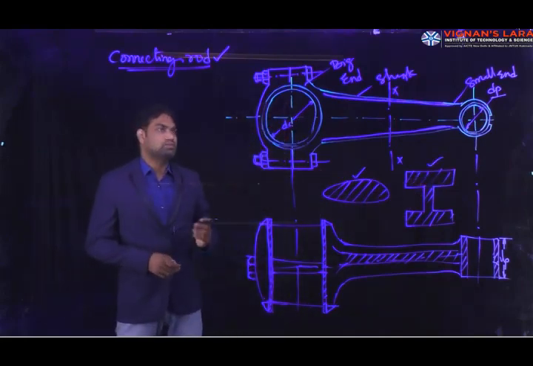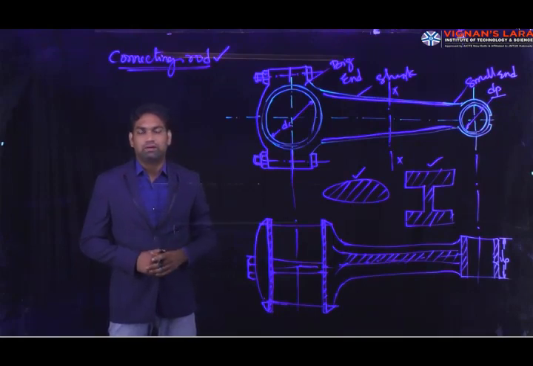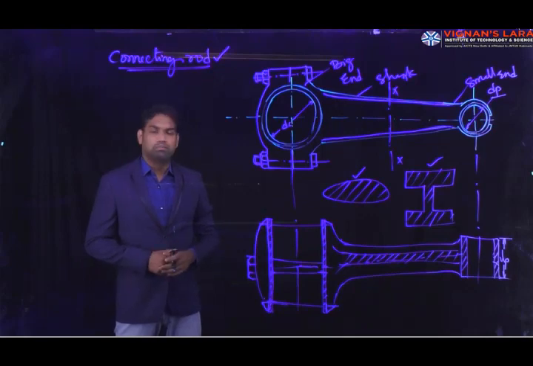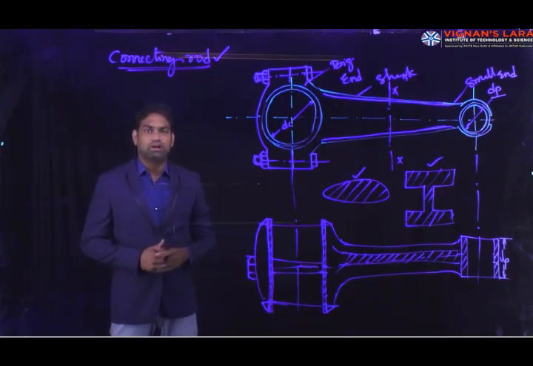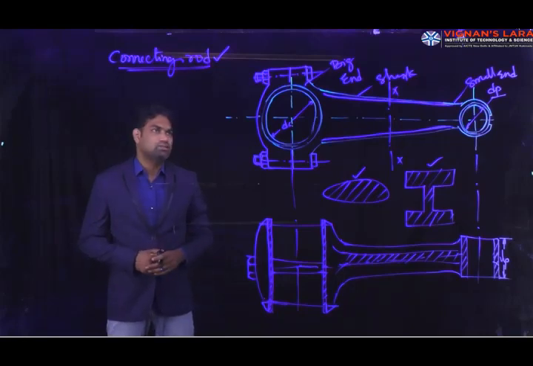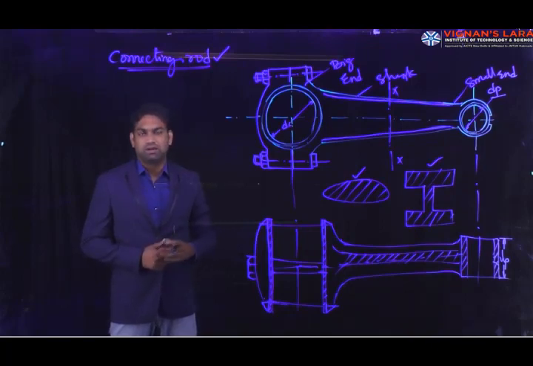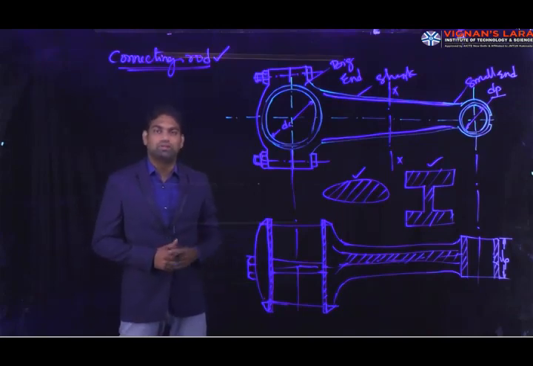These connecting rods are manufactured by the drop forging process. They are made of mild steel, that is low carbon steel with a carbon percentage of 0.35 to 0.45%, having an ultimate tensile strength of 650 to 750 megapascal. They can also be made of alloy steels, especially for aerospace applications. For general industrial applications, they are manufactured with mild steels. For aerospace and aircraft applications, alloy steels are used, having an ultimate tensile strength of 1050 megapascal.